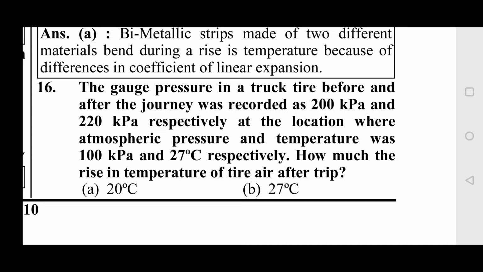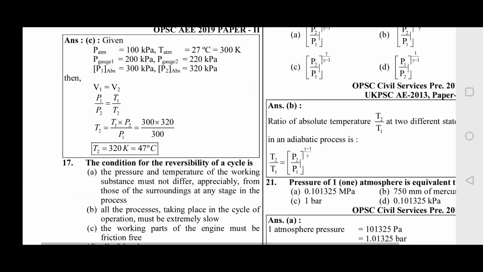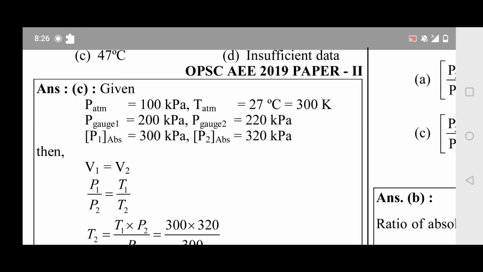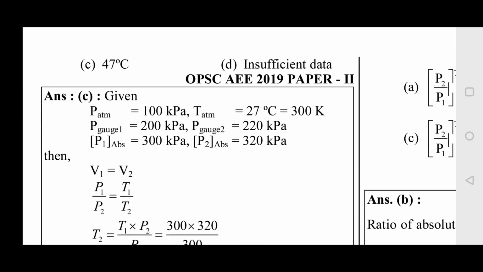So we have to find this one. Okay, let's find this data. In that, they are already given atmospheric pressure, so 100 kilopascal, atmospheric temperature 27 degrees centigrade. So convert into Kelvin. And pressure, okay, gauge pressure 1 is 200 kilopascal, and gauge